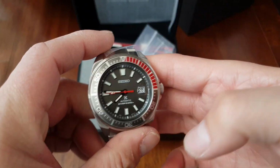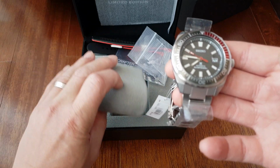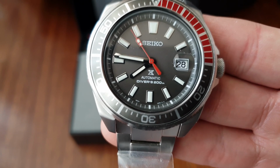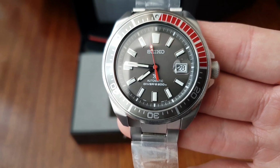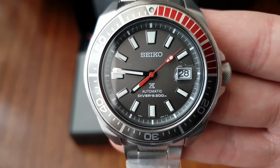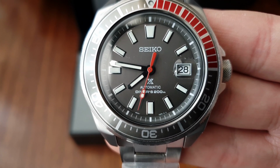Oh, I almost dropped the watch. Thank God I didn't drop this thing. Anyways, as far as I know, Zimbe Seikos are made specifically for the Thailand market. That's a bit different from the normal Zimbe. This one is Zimbe 9. As far as I know, the dial is different from the normal